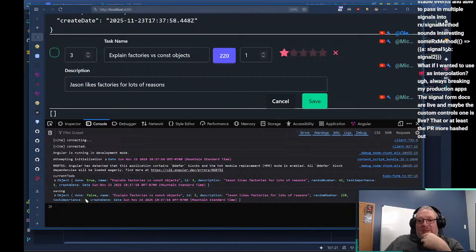So we can see our task importance is a 1. I guess this is the task importance, not a rating. Our random number is 220, and we can see that we went from true to false.